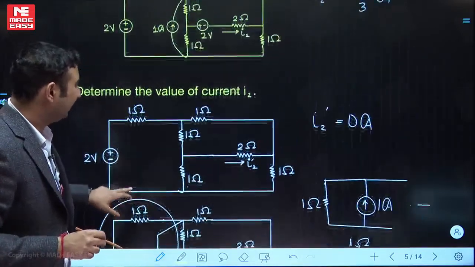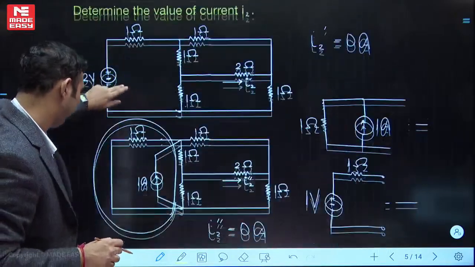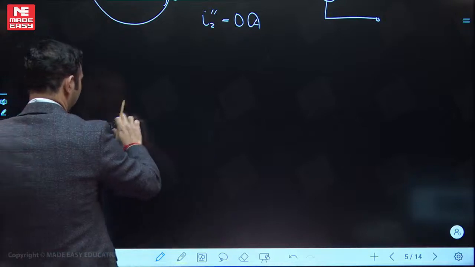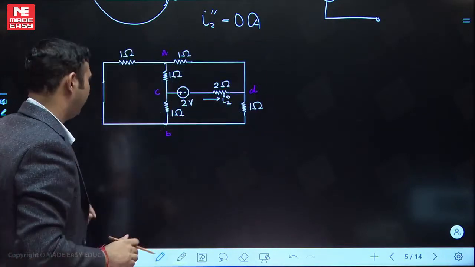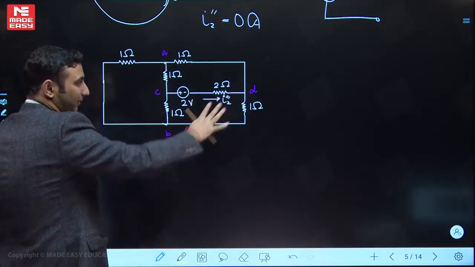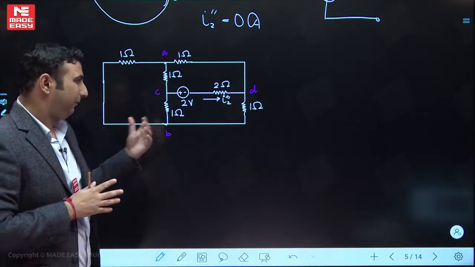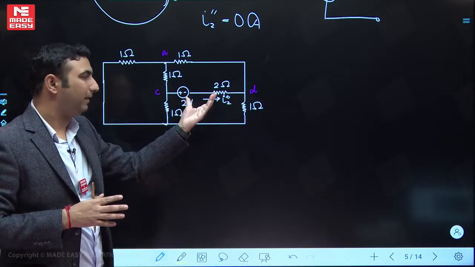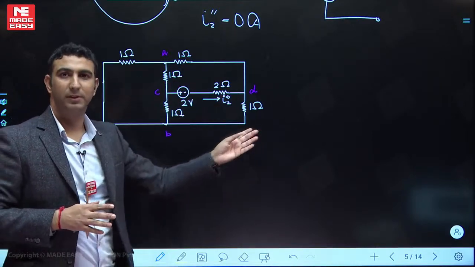Now the last case, let's activate the 2 volt source. So when I activate this 2 volt source, open, short, this is the circuit that I am left with. Now what? If you can observe, very good, सेंट्रल आर्म दोनों ही होती है, बट जो बीच में आएगी वो इसको बीच में बना लो और इसको बाहर से बना दो, सर्किट तो वही बनेगा.